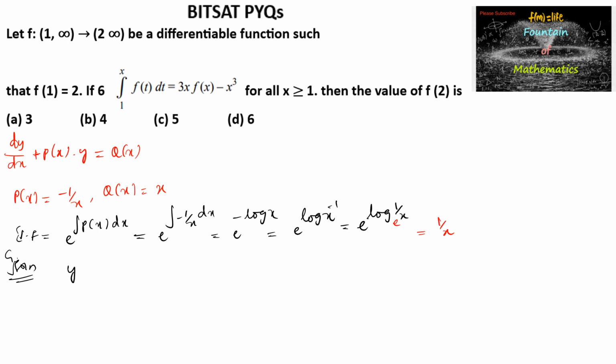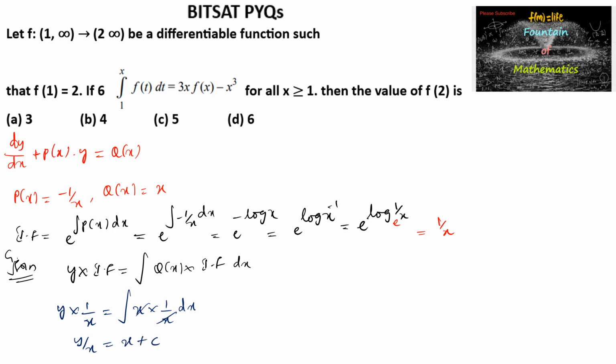we can write y into integrating factor is equal to integral of q of x into integrating factor. So y into integrating factor 1 upon x is equal to integral of q of x, which is x, into 1 upon x dx, that is y upon x is equal to integration of 1 dx, which is x plus c. That is y is equal to x square plus cx, and it is given that f of 1 is equal to 2,